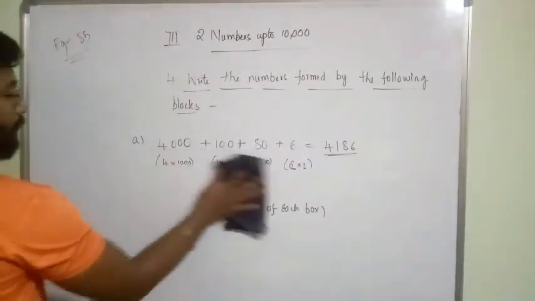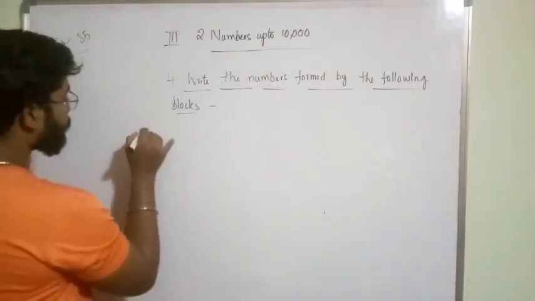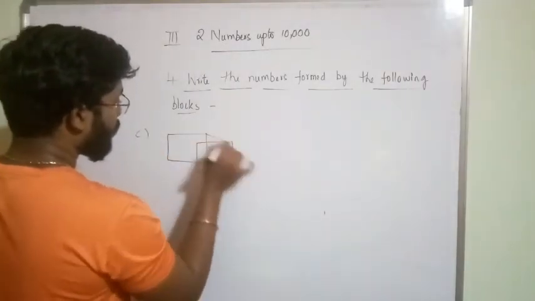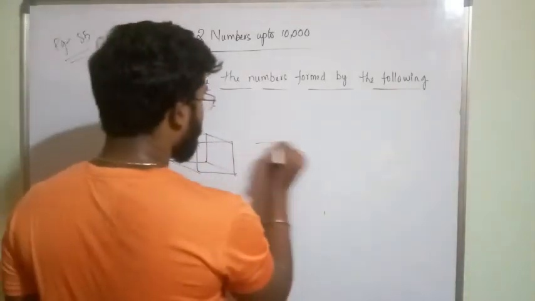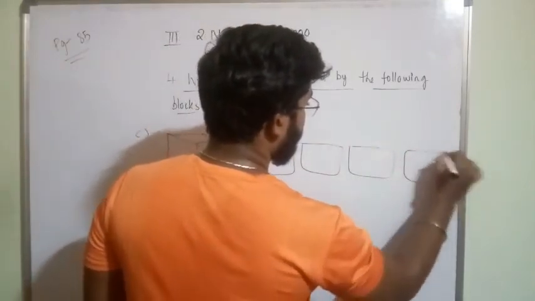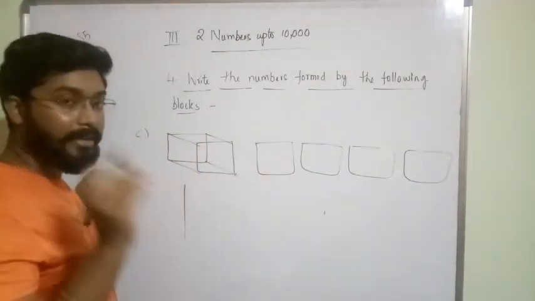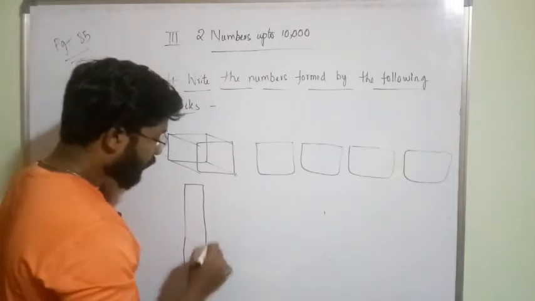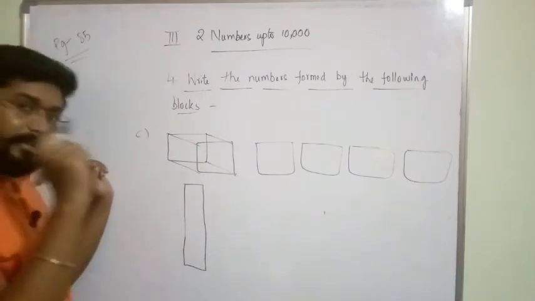In C, you have a cube. I am not drawing the rows and columns in it. You have to understand by seeing. In C, you have one cube, 4 squares, and next you have 4 tall boxes. In those you have small ones. So each tall box will have 10 small boxes, means the value of this tall box is 10. Previously also we have discussed that.